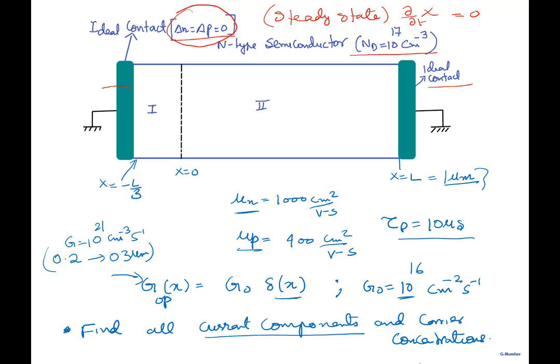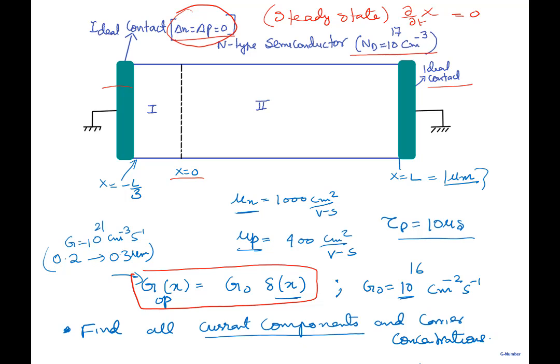Now the other thing that we are saying is, imagine that I'm going to generate just at x equal to 0 this generation rate. That there is a generation rate only at x equal to 0. It's like a delta function, right? Because note that generation at any other points, you can understand if you understand what is the impact of generation at one particular place. Then the generation at other points is just a summation of the effects of generation at one particular point. So to simplify, what we are going to see is this generation occurring only at x equal to 0,